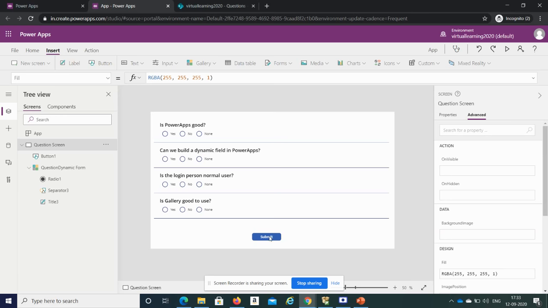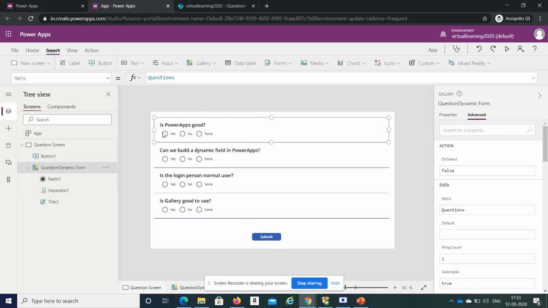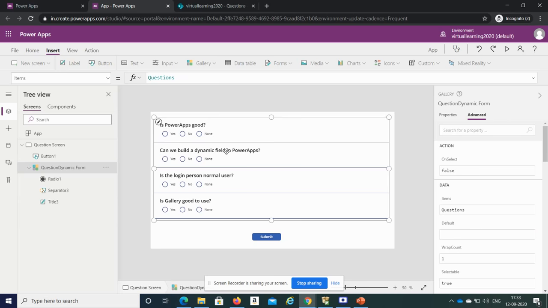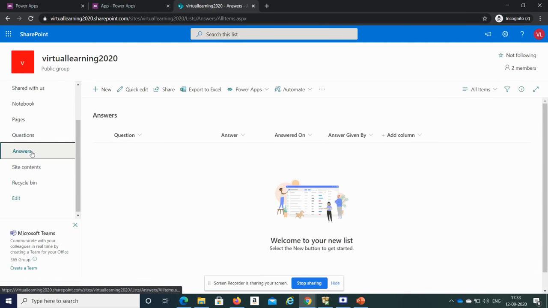Whenever we click on submit, we will get these question details, and we need to save them into the answer column. So here we need to save two things, the question and their answers. The answer given by will be captured automatically.